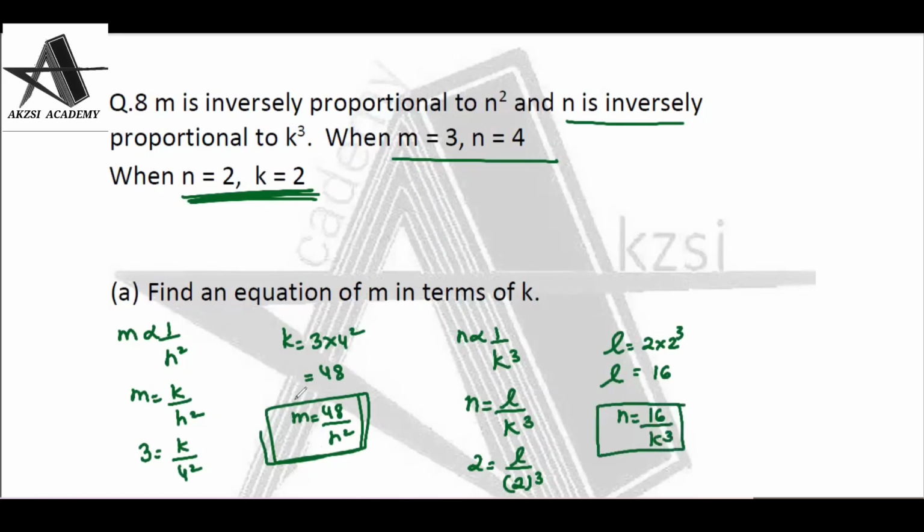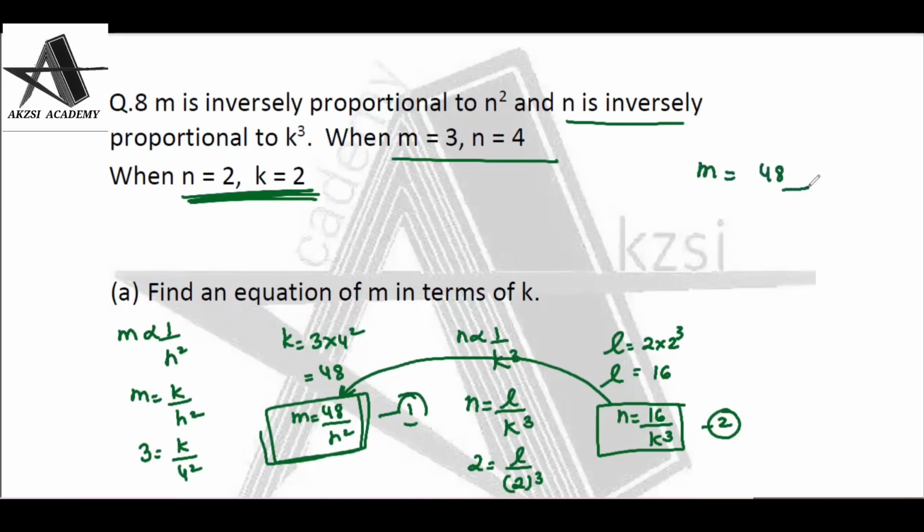We have two different equations. What they are asking, find an equation of m in terms of k. M in terms of k, that means n is extra. This is equation 1. This is equation 2. Since n is extra, that value I have to replace because I want to remove n entirely. And that's why I'll put the value of n here, so that I'll be able to remove n. So substitute the value of n from 2 in 1. I'll get m is equal to